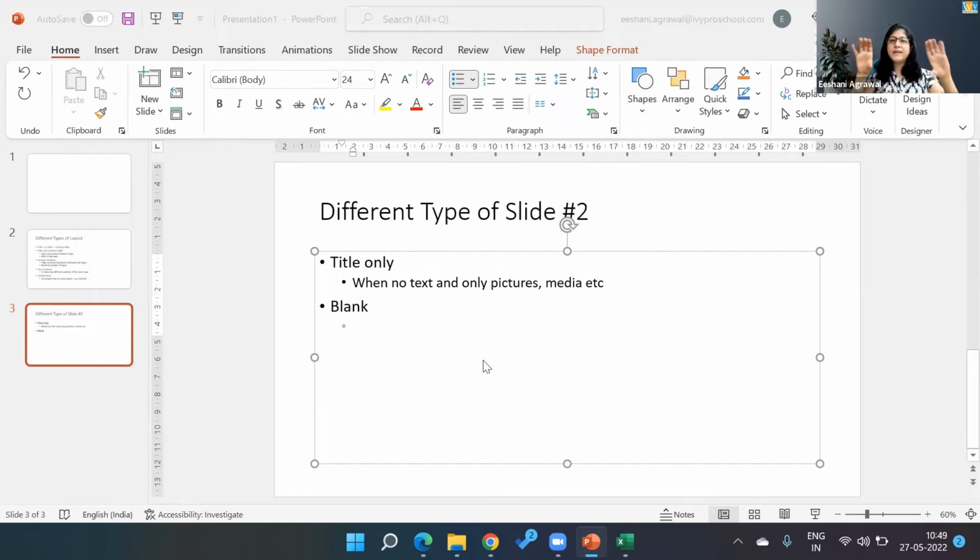I pick the entire thing and stick it on the PowerPoint. Do I need a title in this case? I don't need a title because everything is self-explanatory. What is the point of putting a title when that same title gets repeated on my dashboard also? Doesn't make sense. So in those cases, I can have a blank. It's used when the content is self-explanatory